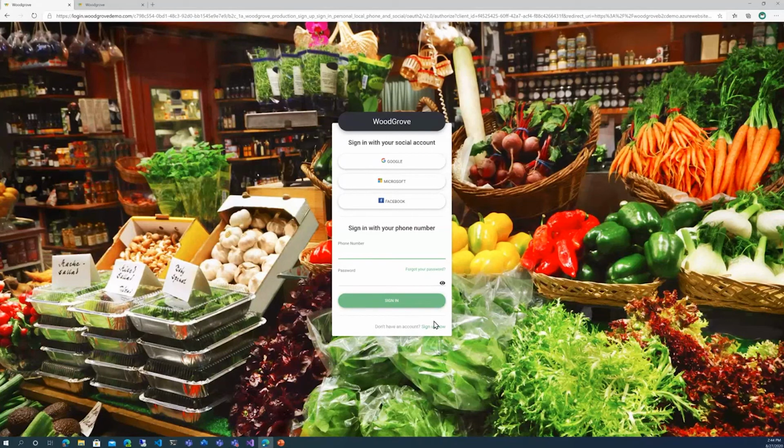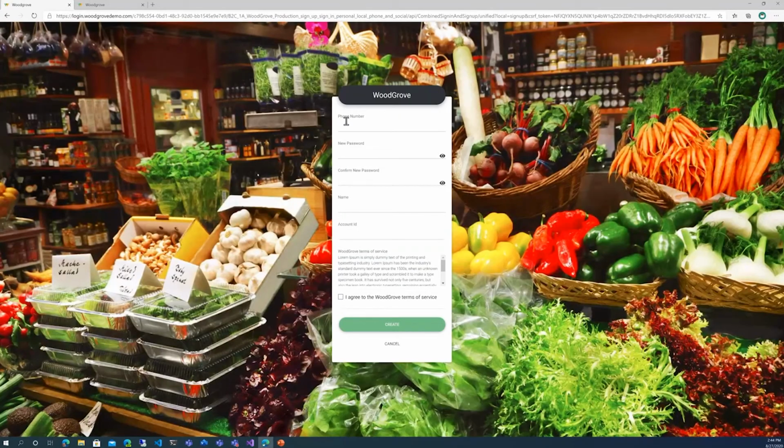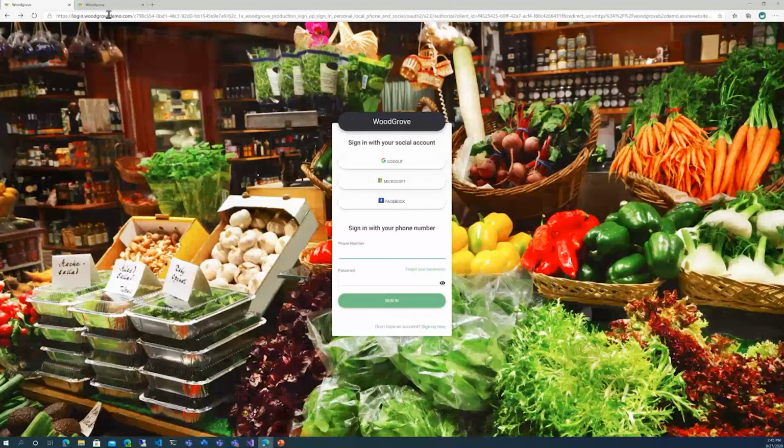So it's phone number and password. They would enter their phone number, the password, and then they would be sent a verification code on their phone that they would enter and validate. So this is woodgrovedemo.com. If you want to play with this, you can have fun with all of the different combinations. But let's take a look now at